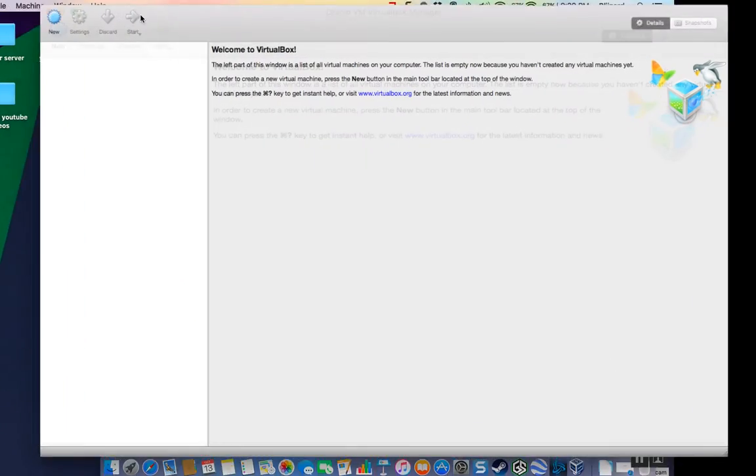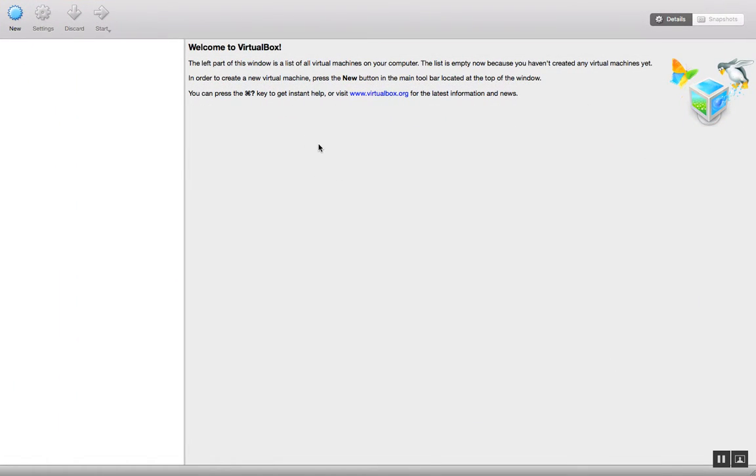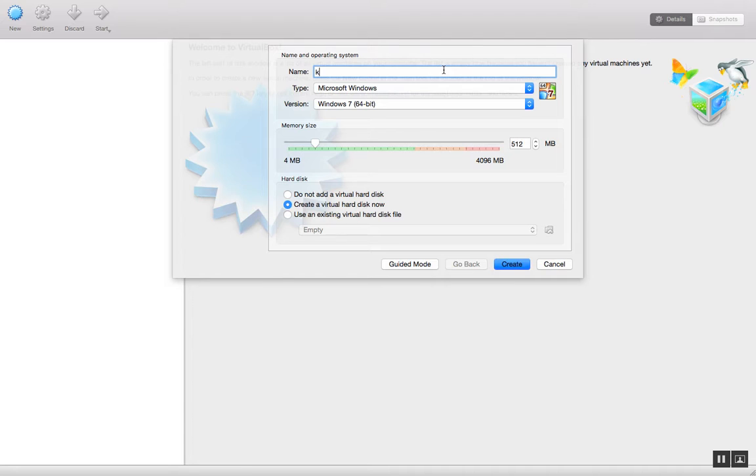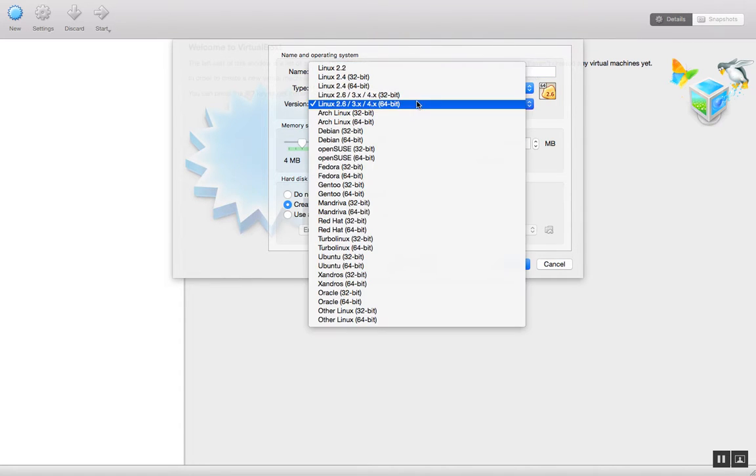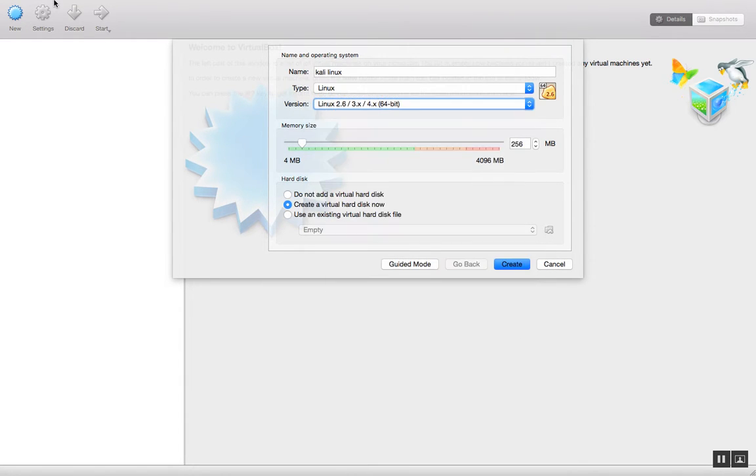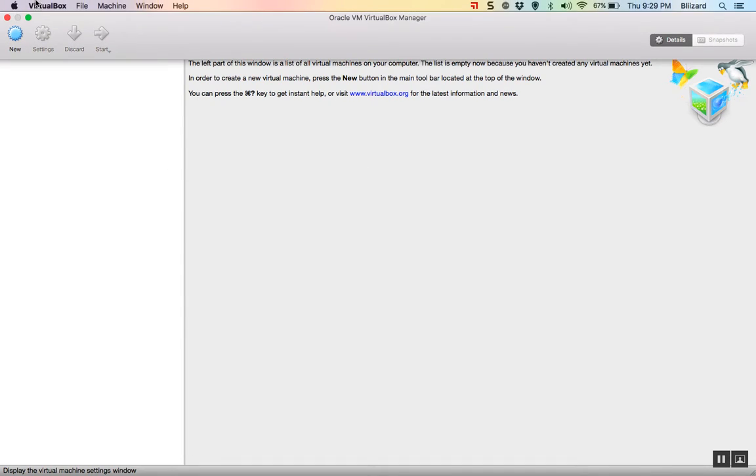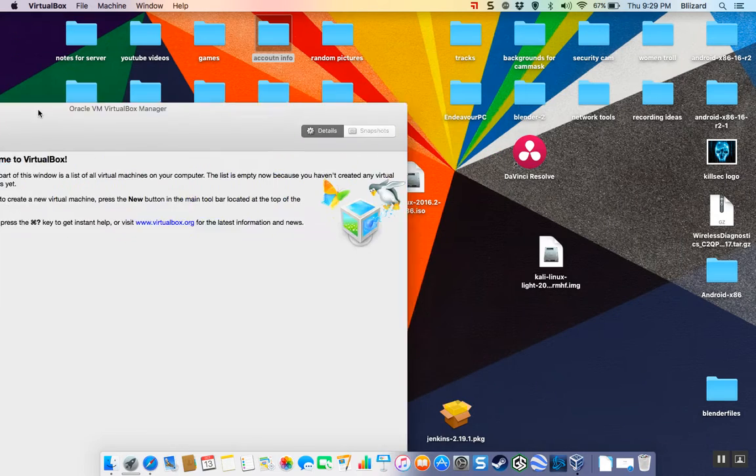So first you will see this screen. On Windows it might be a little bit more detailed. So you will push in New, of course, and then you will type in the name you want. If you type in Kali Linux, you will automatically see the 64 or 32. I'm using, you can tell by the ISO that you download, I'm using a,